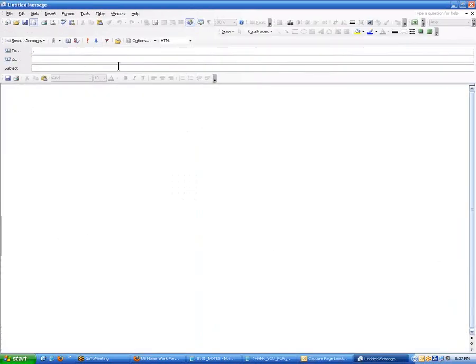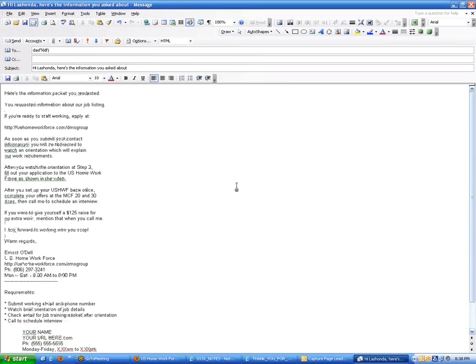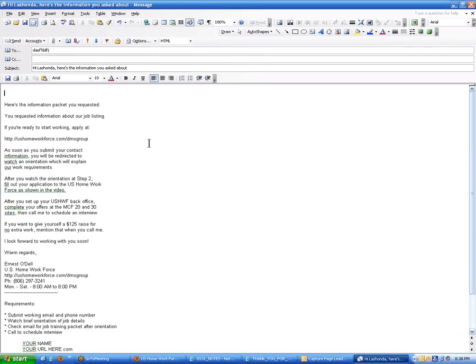If you're online using Gmail or Yahoo, just compose a new message, type in their email address up here, okay, and give the subject and say, hi, we'll say, LaShonda, here's the information you asked about. Okay, and you've already talked to LaShonda on the phone. She's called you from one of your ads. It might be a Craigslist ad, might be a back page, it might be one of these other ads, okay? Punch in that template and read it, make sure that it's got everything right, and you say,